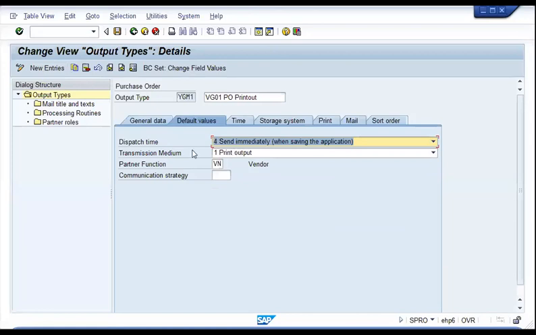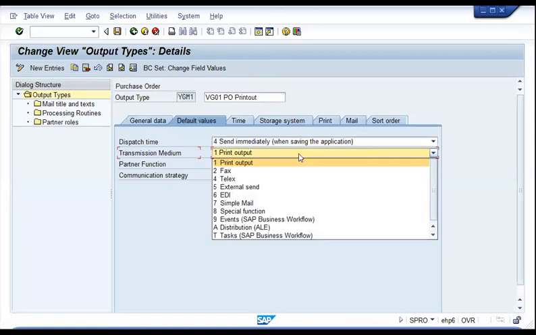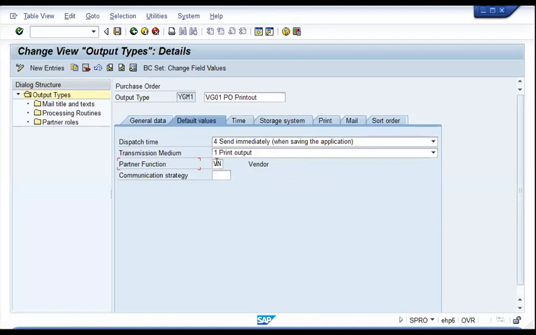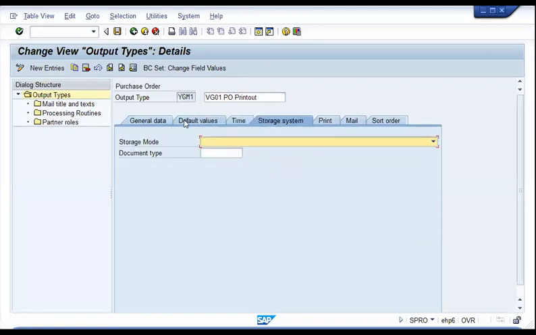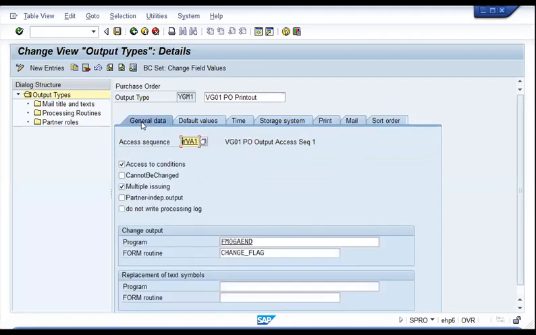Send immediately. What is the default transmission medium? Specify the partner function, which is vendor. The time, if you want the timing to be specified, and the storage type. For print output, you select the parameter; purchase orders are always printed based on the purchasing group. Once you're done, you can select